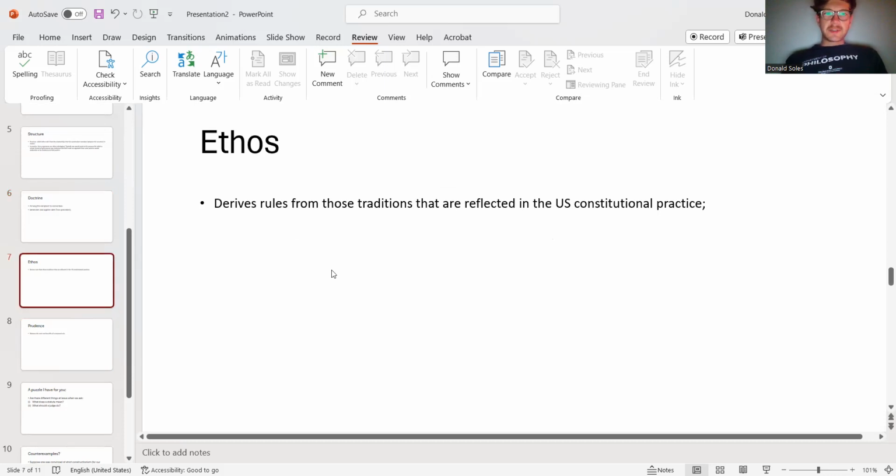Another kind of interpretation to which one might appeal would be that of ethos. This idea, basically, to put it very bluntly, jurists have fancied themselves to be discoverers of natural rights for a long time. In fact, the push to view the law degree as a doctorate, as a scientific kind of degree,